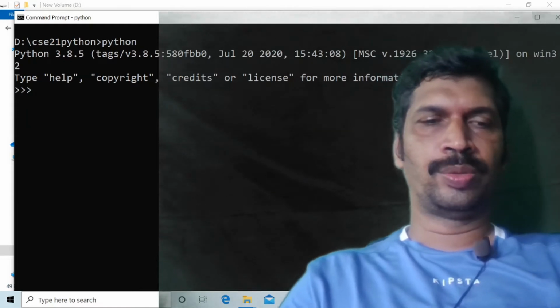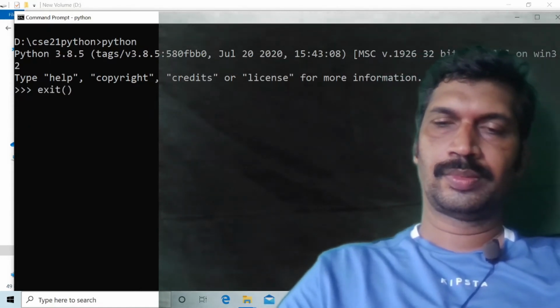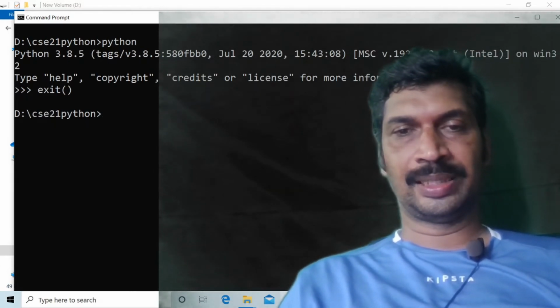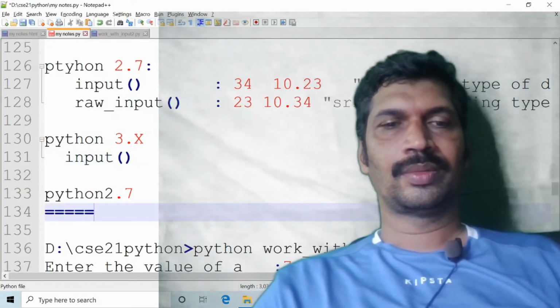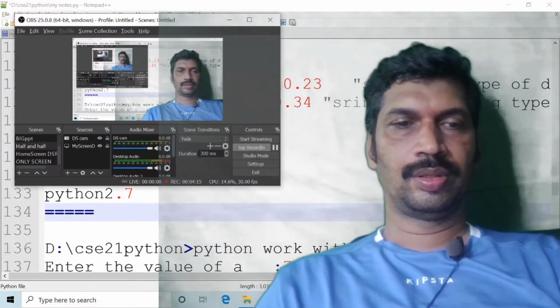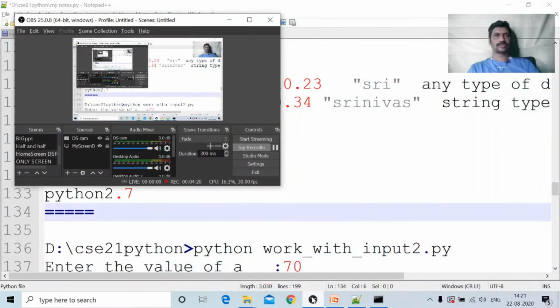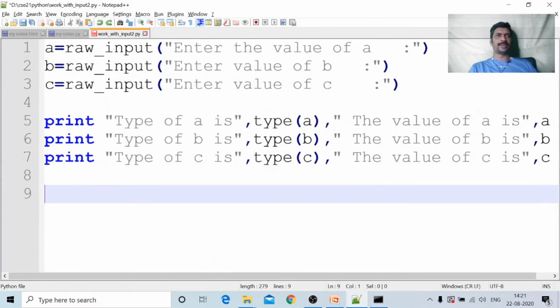Now I have to write a program with the input function in Python 3. The functionality is the same. Here in Python 3, this is the program with input.